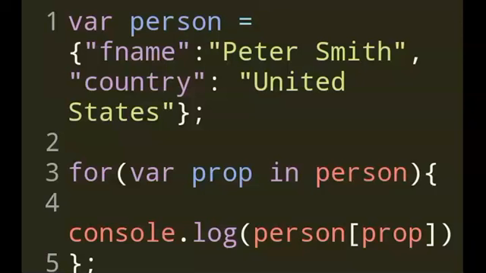Okay. So remember the for in loop, what exactly is it? For looping through the properties of an object. Yeah, that's the definition. For looping through all the properties in the object, and then after that you access that property of the object inside the loop, and then you extract it. And when you're accessing the property of the object, remember to use the bracket notation like I've shown here. So that's about it.